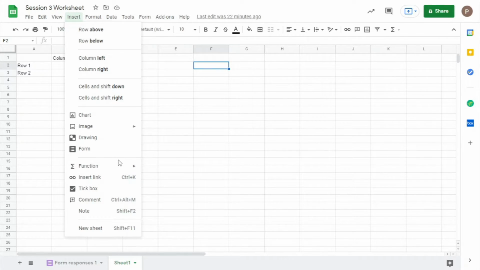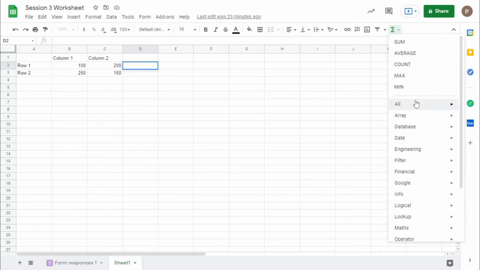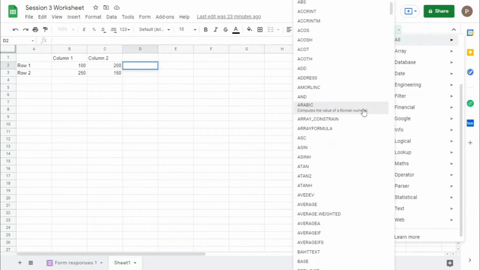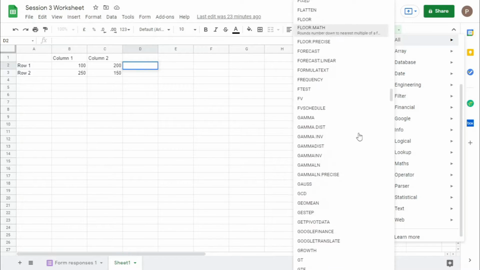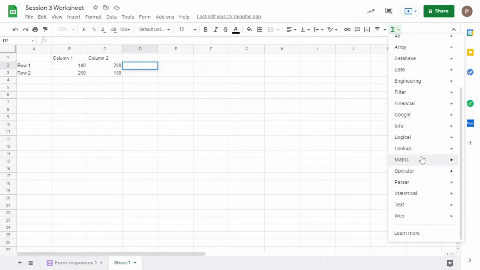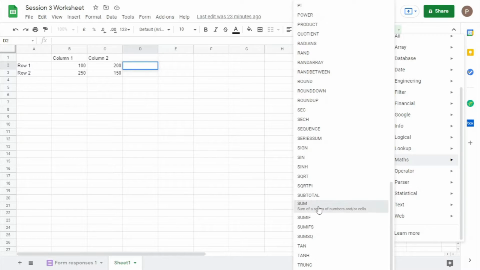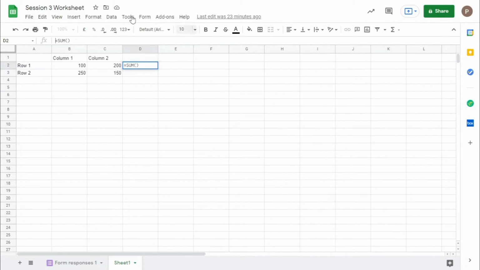Using insert, you can insert a function, whatever you want. You can go into the formula bar, plus equal to, or plus either, the function of both is the same. Plus equal to, click sum, or go to the functions, go to all, click whatever you want. Go to math functions and directly go to sum. It directly opens the sum function. You just have to select the cells.